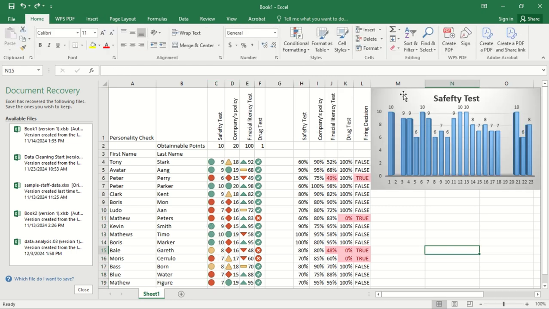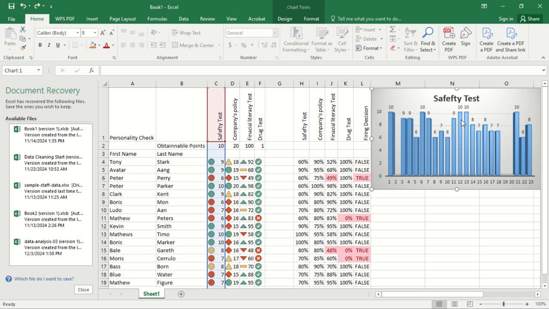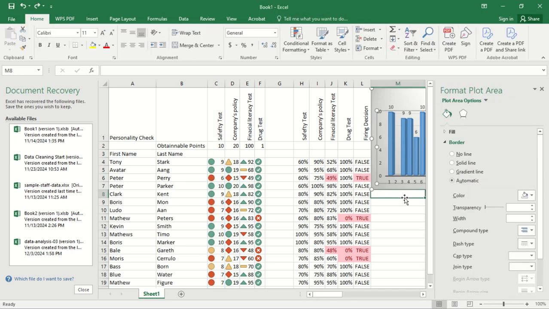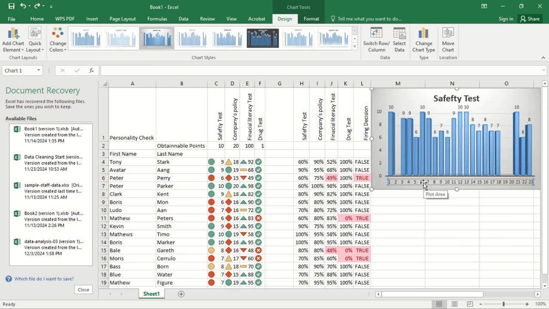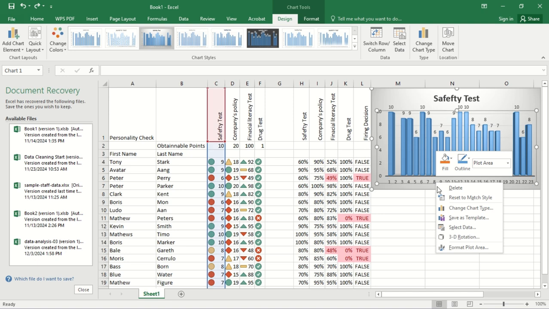Alright, so just like we see, we can actually put the chart here. But if you take a good look at it, you can see that the horizontal, which is the label, is actually numbers, but we can simply change it to names because it's not really okay this way. So what we can do is click on that plot area, which is the horizontal, then you right click,